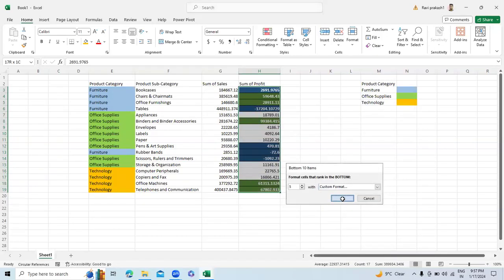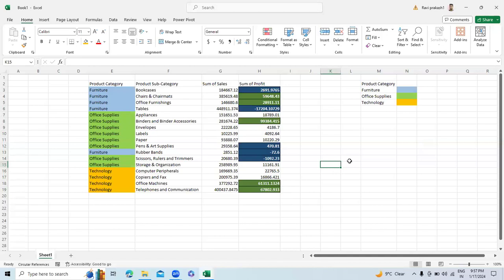Now here we can see the bottom 5 in this color. अभी आपने देखा यहाँ पे हमने पहले इसमें एक रूल लगाया था, कि जो भी वैल्यू less than 0 है उसका कलर रेड हो जाए. फिर दूसरा हमने यहाँ पे अप्लाई किया, सेकेंड रूल अप्लाई किया कि टॉप और बॉटम 5 हमें